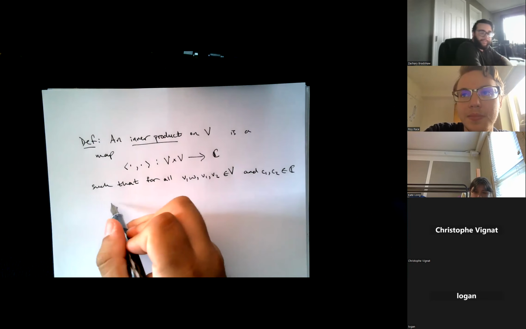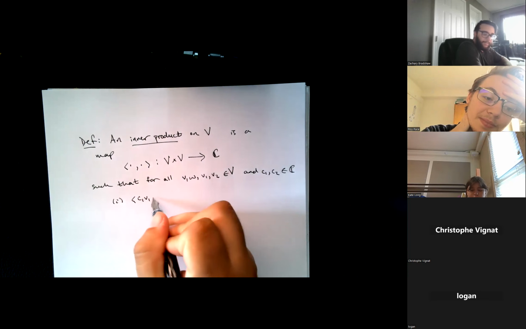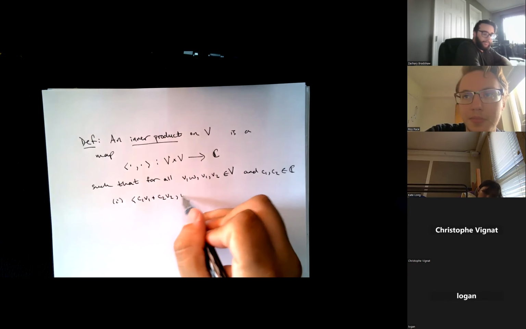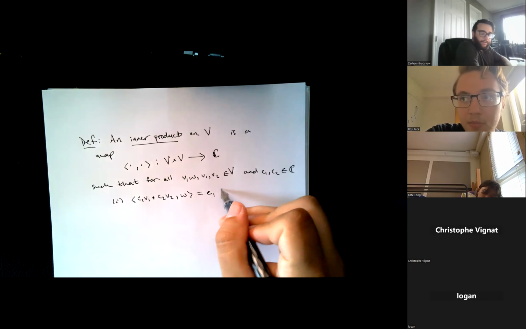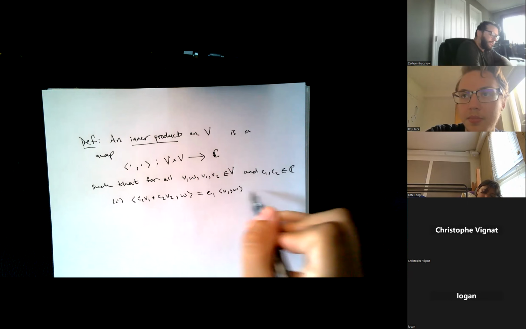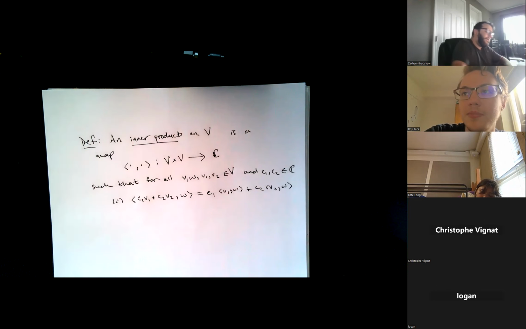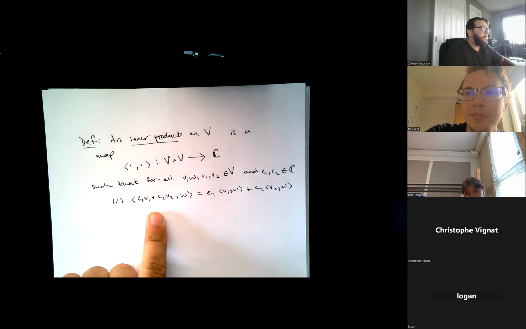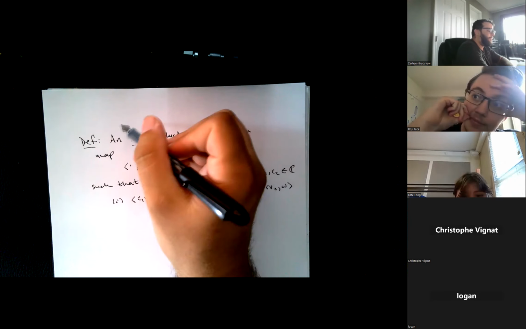Okay, so it needs to satisfy three properties. We need that the inner product of c1 v1 plus c2 v2 with w is c1 times the inner product of v1 with w plus c2 times the inner product of v2 with w. So it's linear in the first component. If you're a physicist, I believe the convention is the other way. It's linear in the second component, right? So if you have your bracket notation,